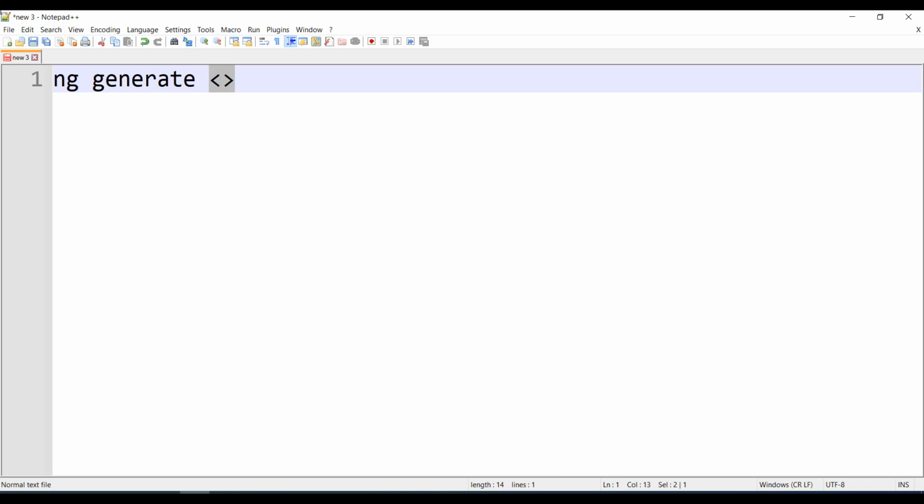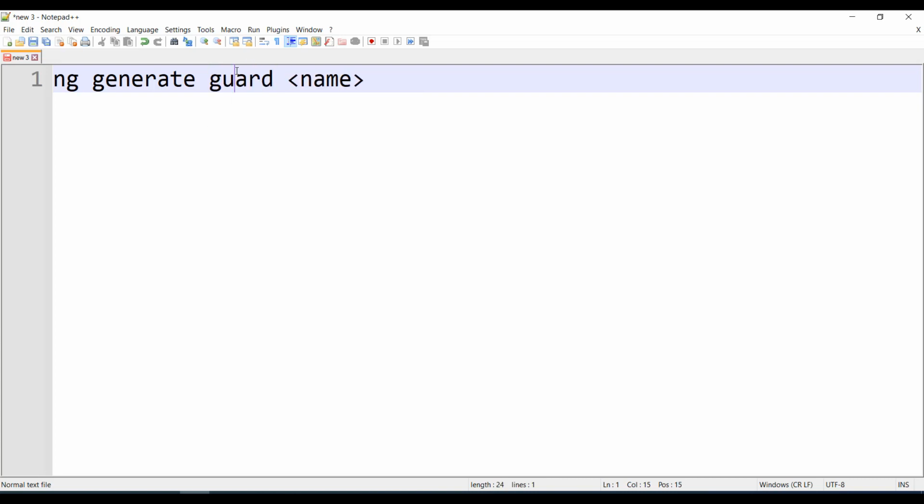For example, if you want to create a component, just say component and the name of the component. Automatically it will generate all four files. If you want to create a service, it's ng generate service. If you want to create a pipe, ng generate pipe. Anything like an interceptor or guard, you can create like this.